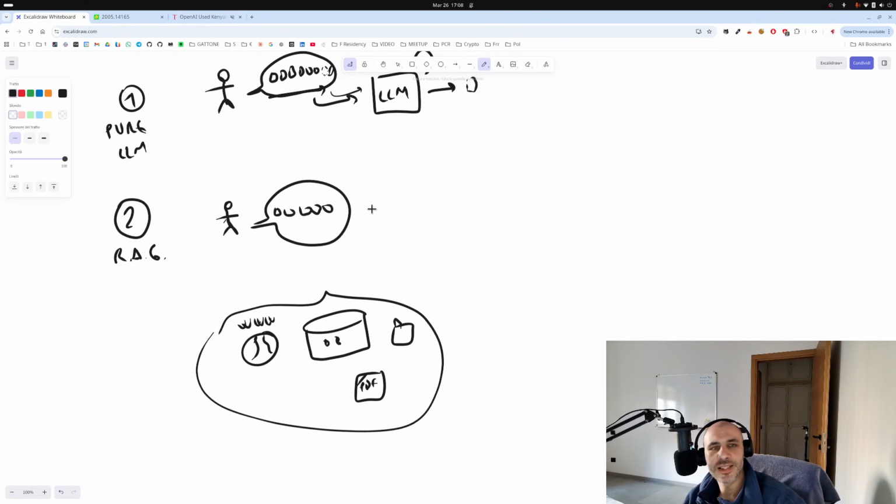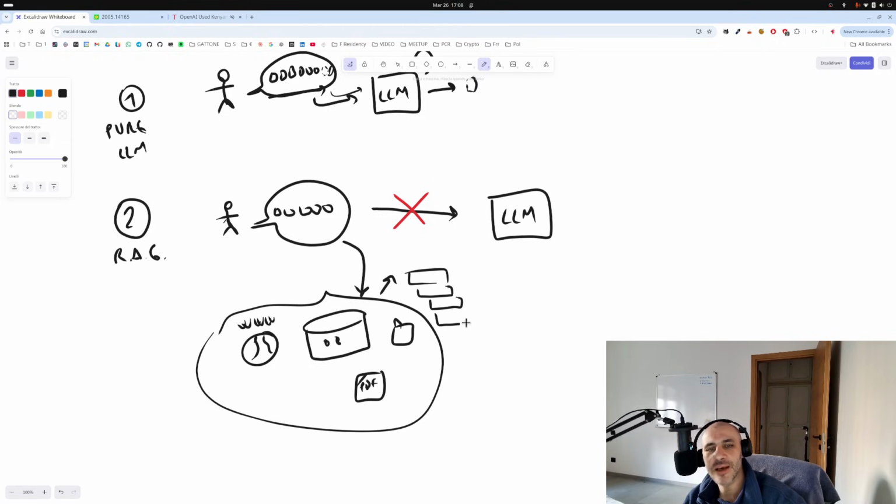And instead of sending the prompt to the model, you try to make a query into your knowledge base. The knowledge base gives some additional context, websites, chunks from PDFs. This is retrieved context.